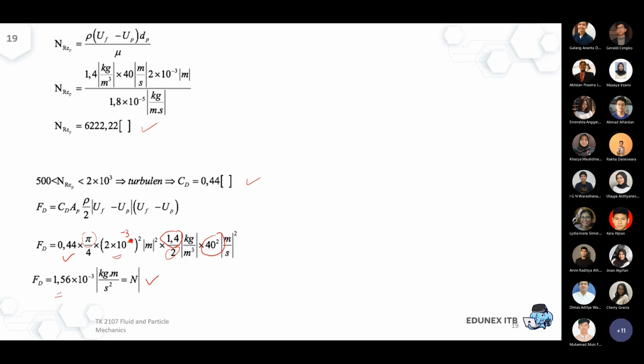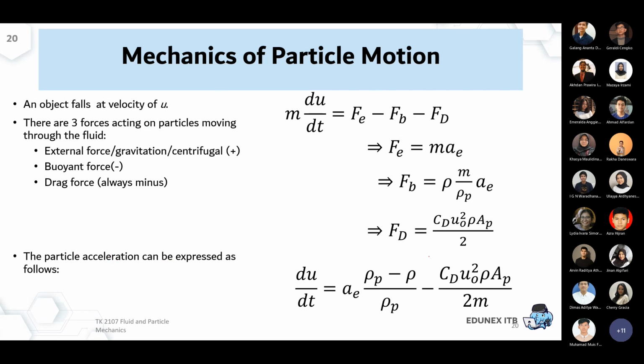Okay, so this is still the first calculation about the drag coefficient. It's still quite simple compared to the other calculations, so let me continue first. Once we understood how to calculate the drag force and then the drag coefficient, now we can apply it to a more advanced application. Later we can use it for separation of particles from a fluid. The same concept will be applied in fluidization and so on.